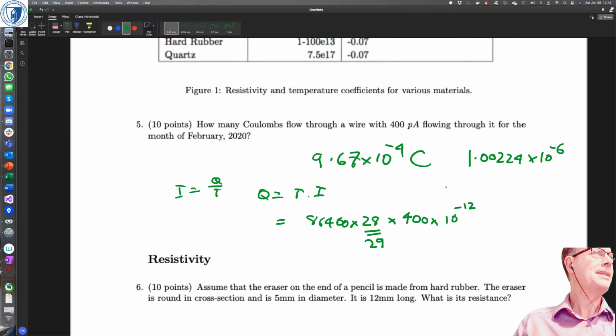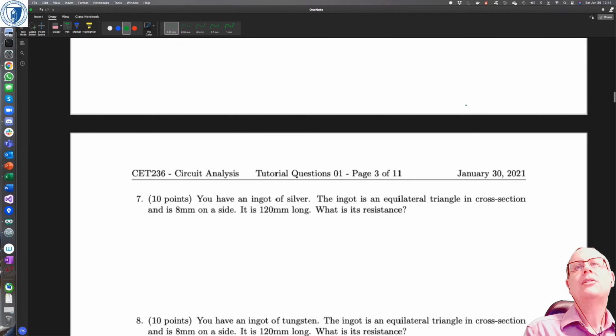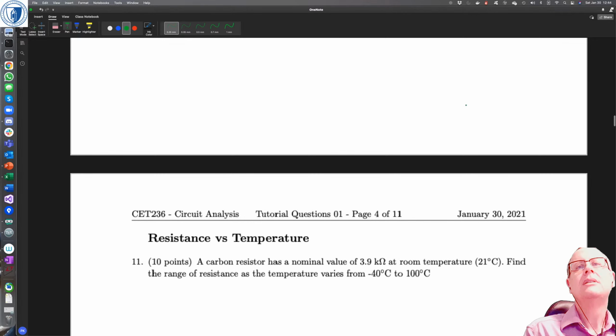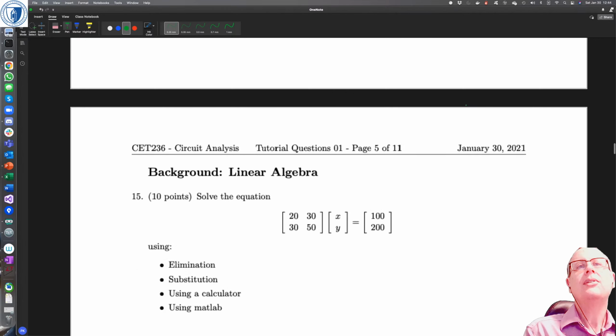I think those breakout rooms worked okay. I did hear a little bit of talking, so I think I'm going to continue using them as we go forward. I do have a series of tutorial sheets covering a lot of this stuff. I'm not going to do any more tutorial today. I think I will do more of this sheet next week, so the resistivity stuff and the resistance versus temperature stuff, but I do want to do that together.